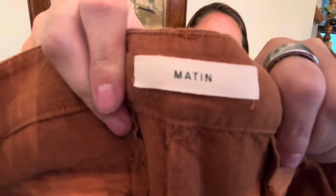I actually have quite a few pairs of pants today, and if you watch my hauls often, you know I end up with a ton of dresses from this store, which I do have some, but I have a little more variety than usual. This is a brand I'd never heard of called Matin, and they are a pair of